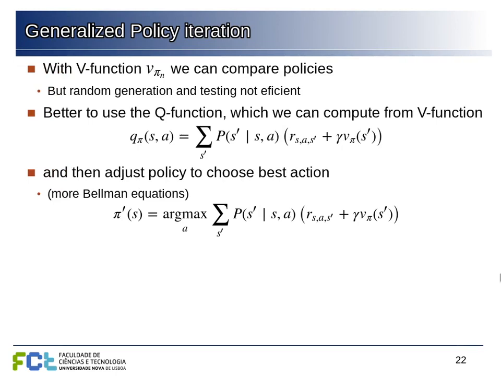Now, using this V function, we can compare policies, but if we simply generate policies at random and then try to evaluate them and choose the best one and so on, this will be very inefficient to find the best policy. But what we can do is use this Q function, which is the state action value function, that tells us what is the expected discounted return of taking a particular action in this state. And this way we can then optimize the action at this particular state.